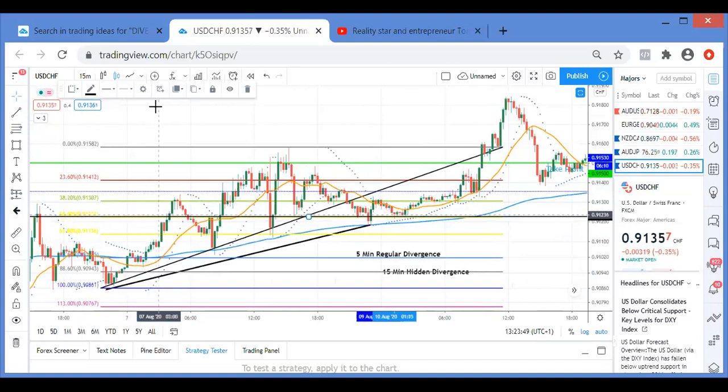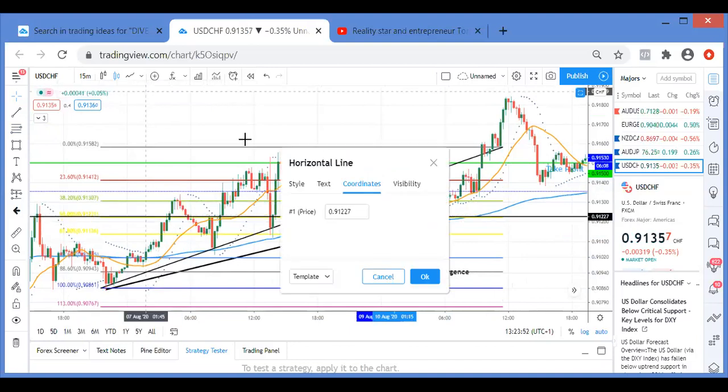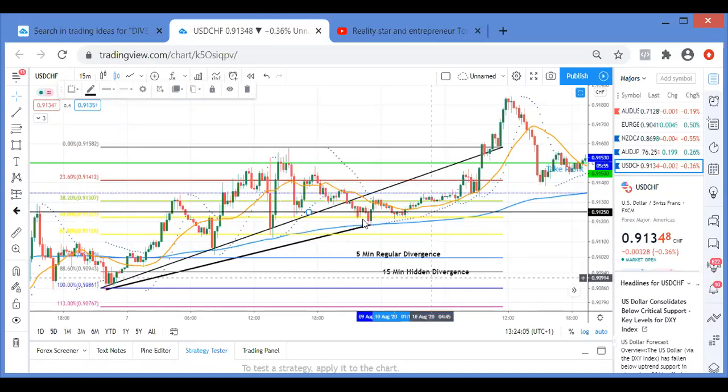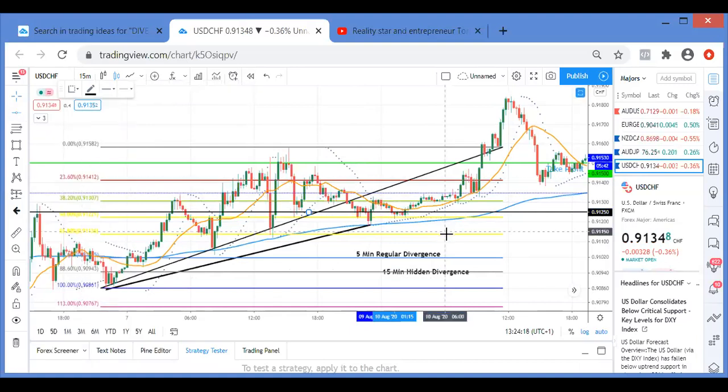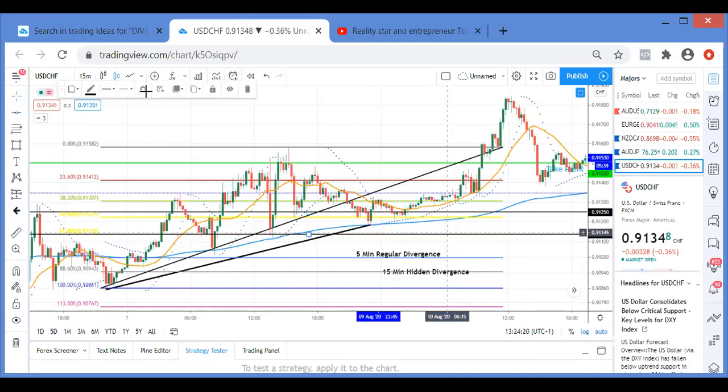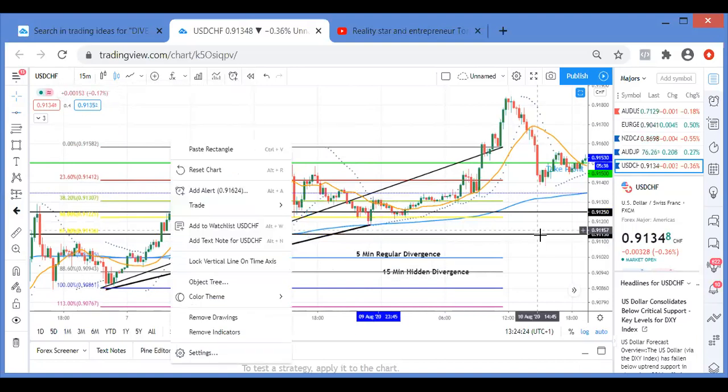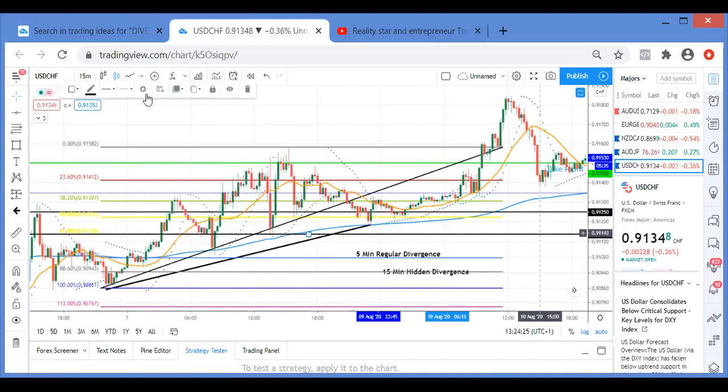So 50. Now we're looking for the nearest quarter point to where the market is. So look, 0.91. What is the nearest quarter point? 0.91250. See, look, and then it came here. Now, if I saw this break, you would think, okay, the market is continuing to go down. So just in case, I get another horizontal line and I put it on the 61.8. Where's the nearest quarter point?